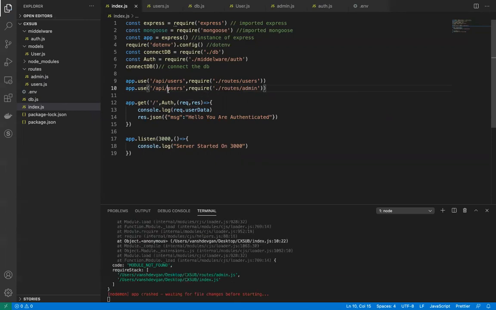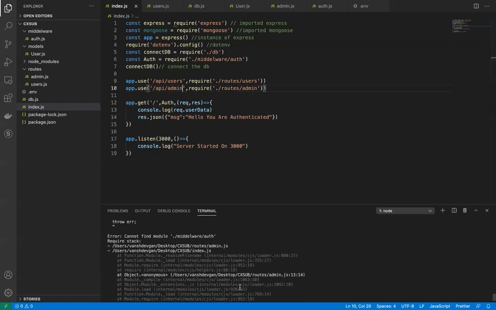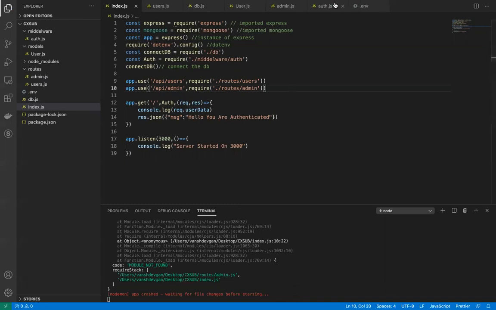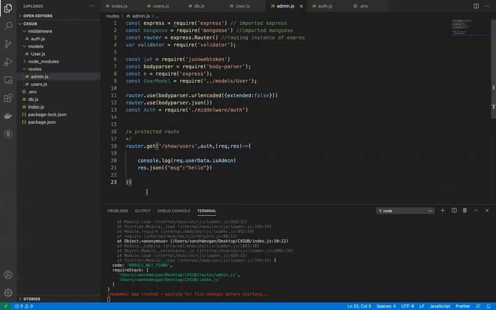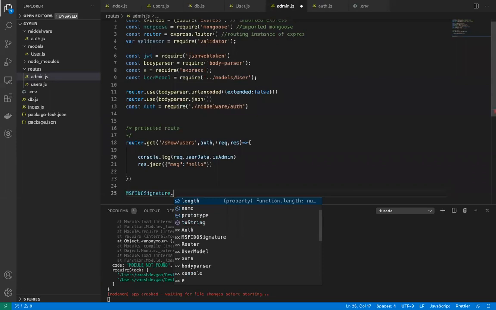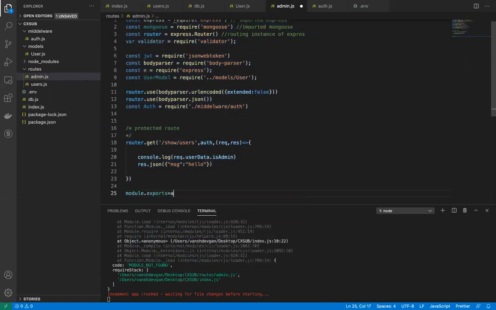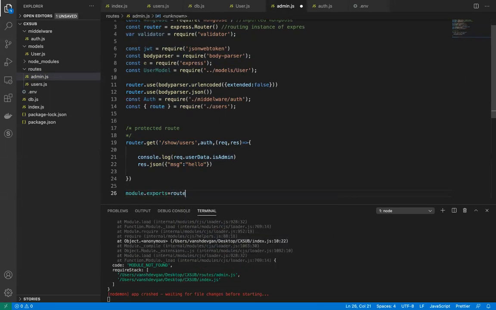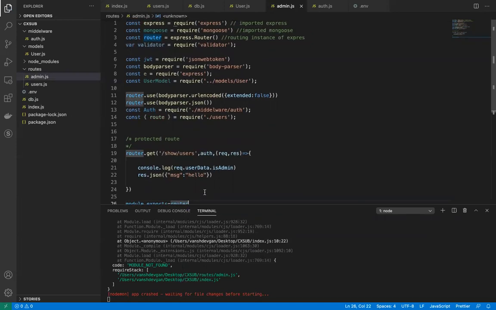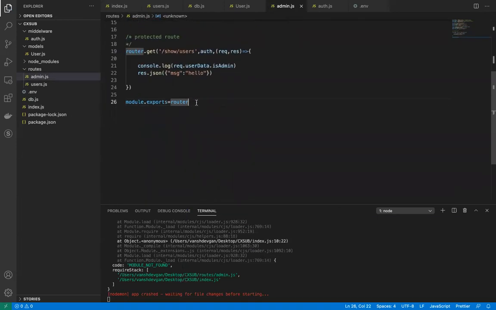So we need to create API slash user slash admin, and now it will be fine, but we are getting an error. We haven't exported that particular thing over here. We have module.exports equal to admin. Oh, sorry, router. Now I think it will be fine. So module.exports equal to router.